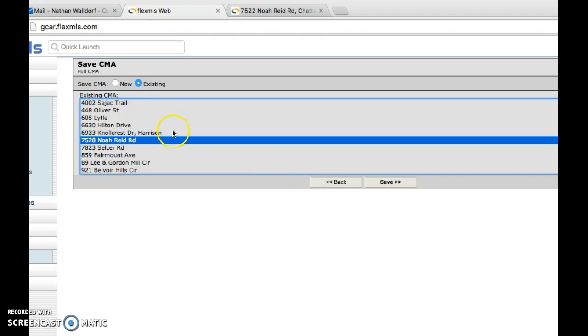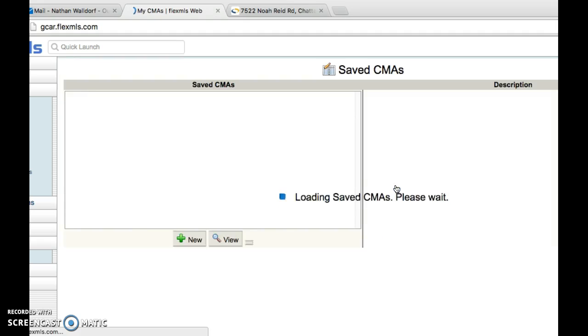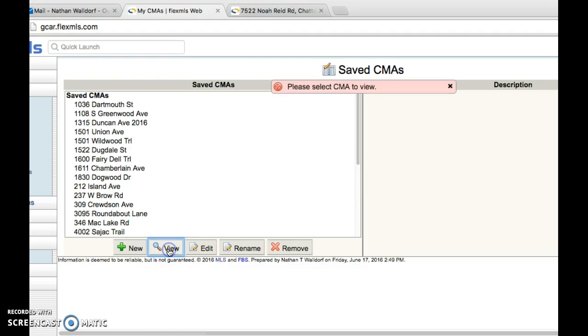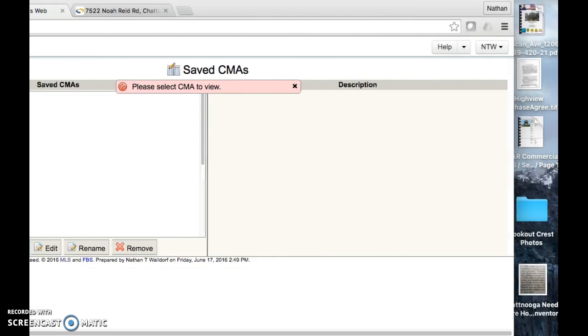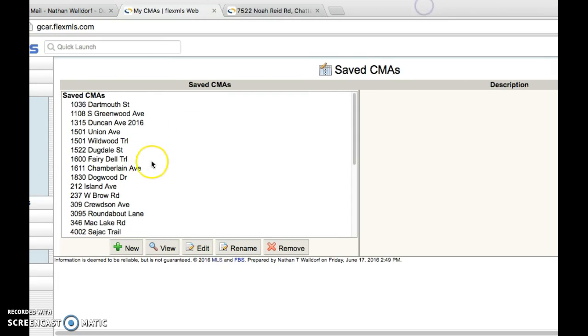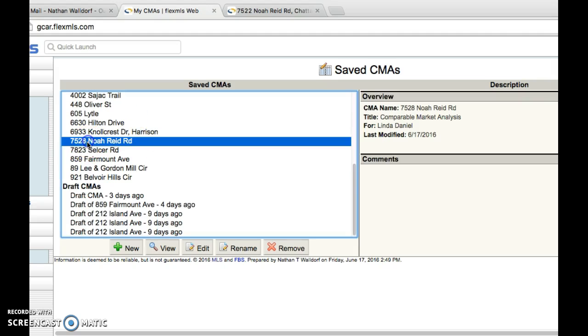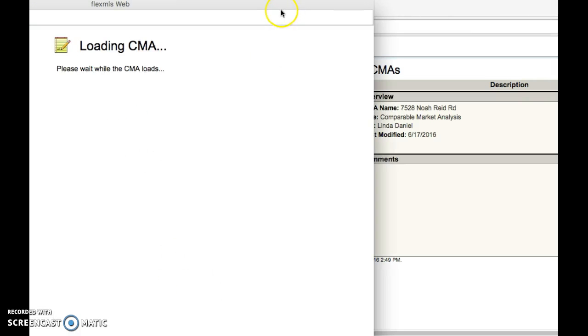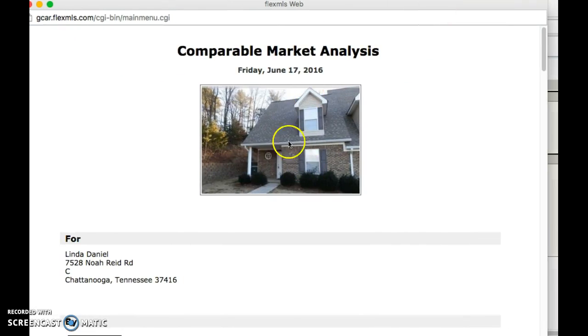Oh, okay, I guess we have to hit save again and then view it. So the report should look like whatever it comes up as in a minute. Please select. Oh, okay, all right, unselected it. 7.5. There it is. So hit view, and there's that little